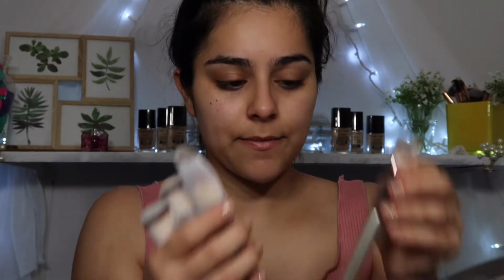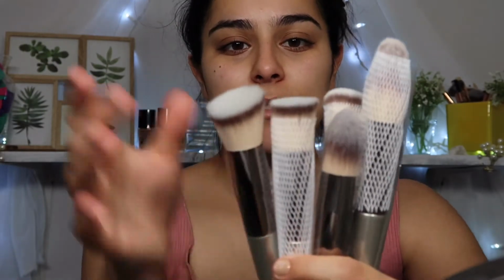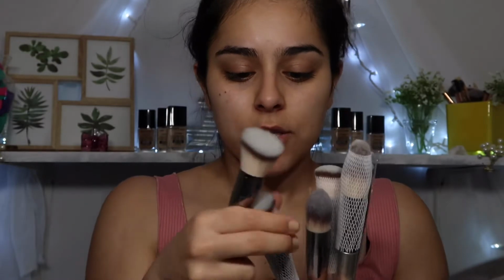So we're gonna use this to dip. Oh, it just squirted on me. Good. On our face. Now while we are letting that soak in, we have these 5 makeup brushes, and I'm gonna try and just go with what I would normally use these types of brushes for. So I see there is